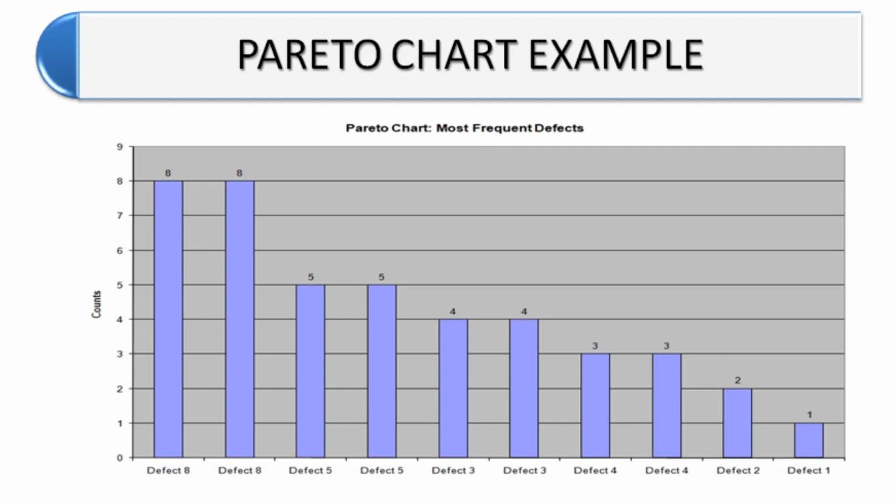Pareto charts are basically used for identifying the major defects, those defects that are most frequent, and they are plotted from the left hand side to the right hand side. There is one curve which is used to join these defects: defect number 8, defect number 6, 5, 4, 3, 2 and 1. So there is one curve plotted from number 8 to number 1, known as the Pareto curve, and the shape of that curve represents the frequency of occurrence of each defect. So this is about the Pareto chart.